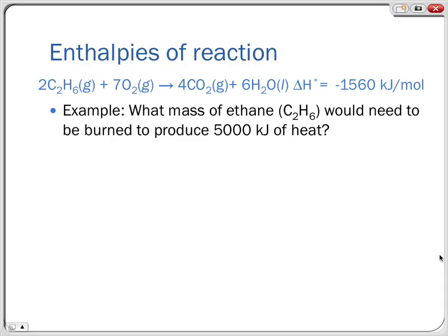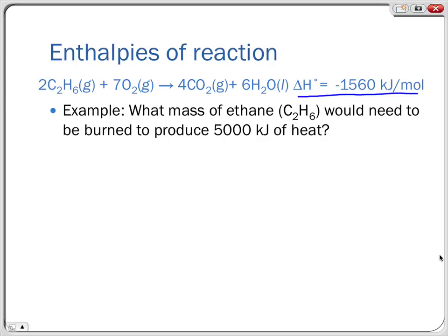Next situation, 2C2H6 plus 7O2 yields 4CO2 plus 6H2O, where our standard enthalpy of reaction, or enthalpy change, is going to be negative 1560 kilojoules per mole. So our situation is here. What mass of ethane, which is C2H6, would need to be burned to produce 5,000